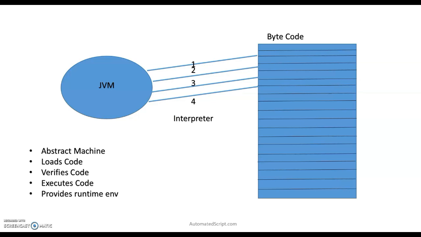The first part is your interpreter. The interpreter interprets the bytecode line by line and then executes it. The disadvantage of the interpreter is that when one method is called multiple times, interpretation is required every time. The second part is the just-in-time compiler, that is JIT. It is used to increase the efficiency of the interpreter. It compiles the entire bytecode and changes it to native code. So whenever the interpreter sees repeated method calls, JIT provides direct native code for that part. So reinterpretation is not required, and thus efficiency is improved.